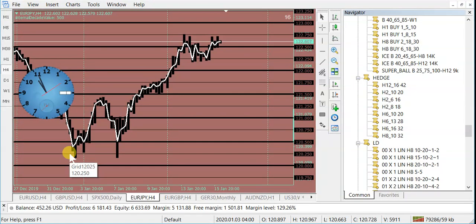4 minutes before 11 o'clock at night. And this is the euro versus the yen on the 4-hour chart. So, after a big 4-hour session, a lot of movement,